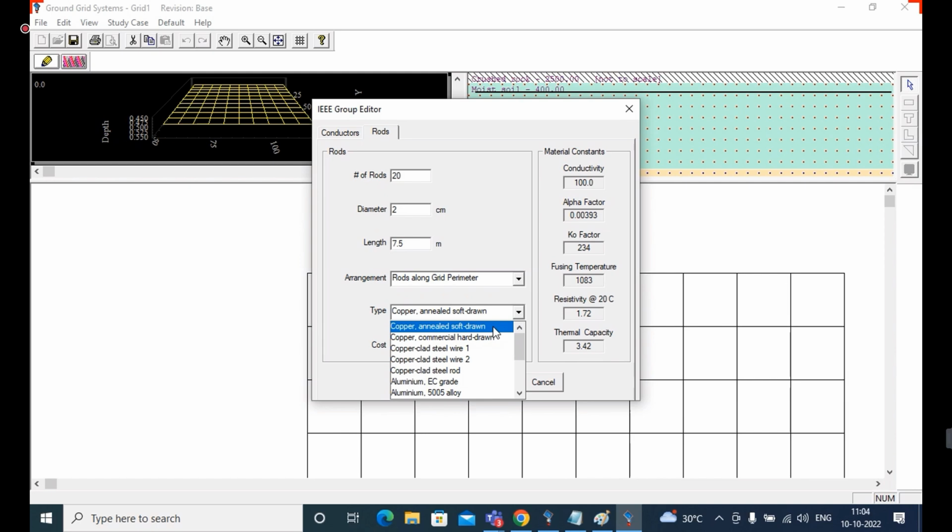Some members, while they are using mat, in that place for the conductor, they will use copper clad steel wire, steel wire like a strip. So here I'm using annealed soft bronze. You can choose any other things.